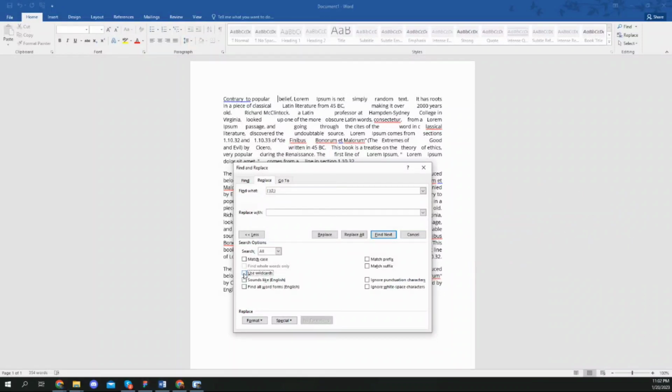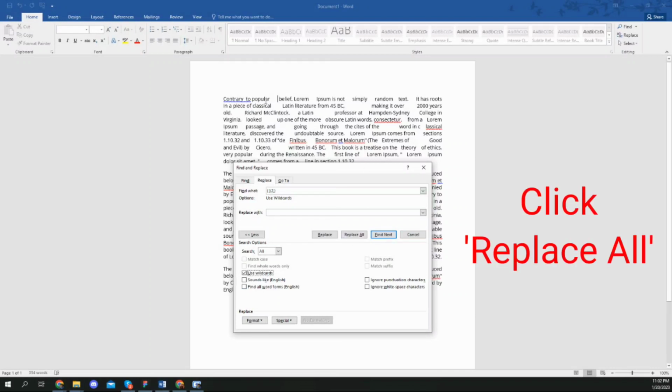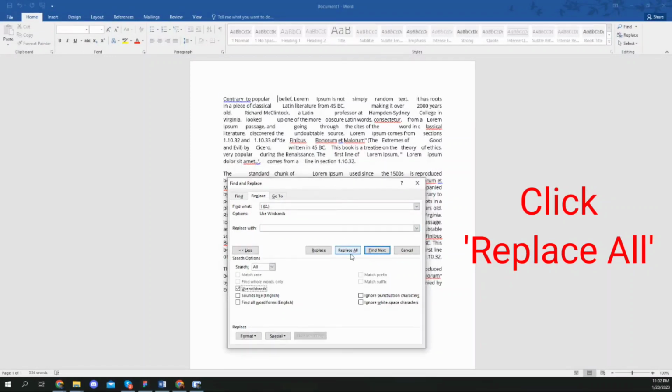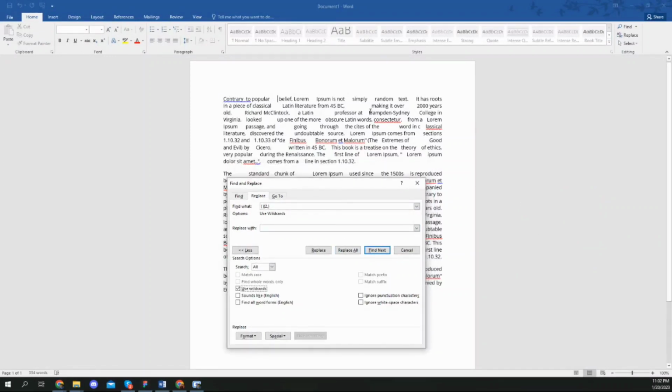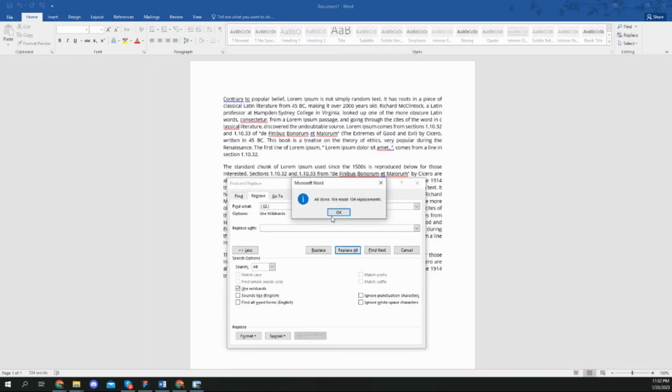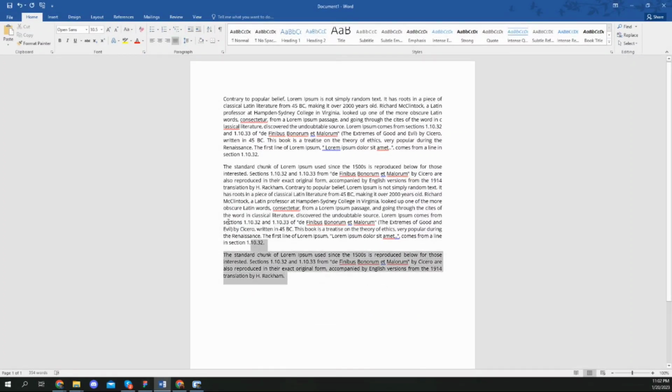Okay, then click replace all. You have to see, before I click the replace all button, look at this, my paragraph. Okay, I replace all, then click the OK button. Look, this is very simple